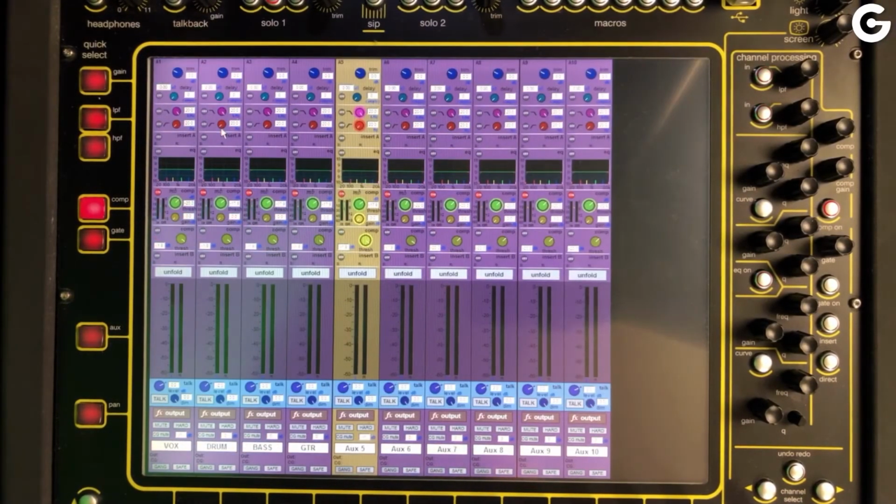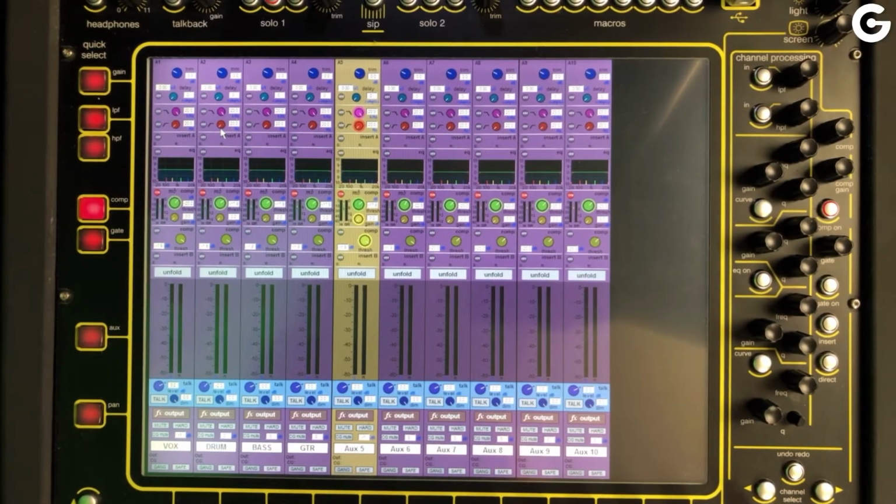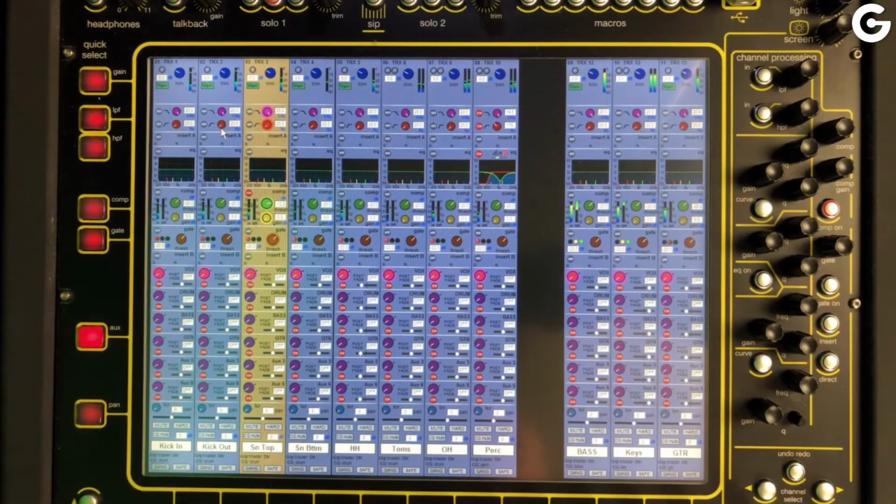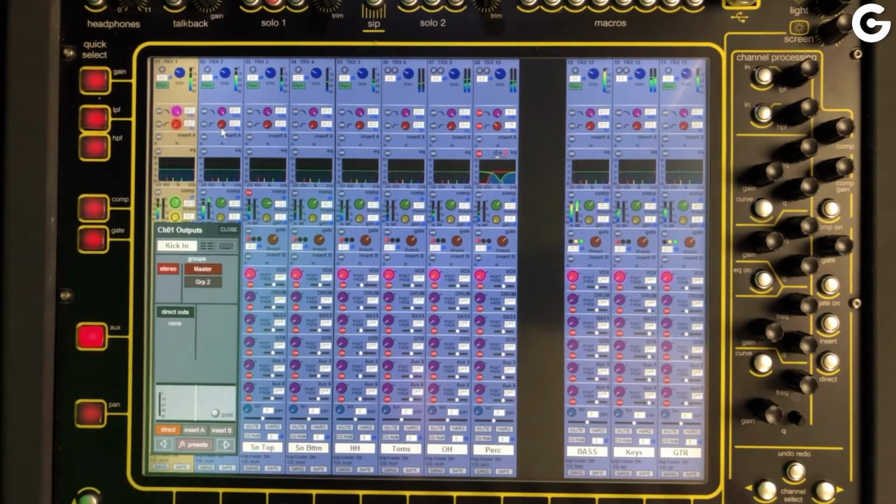And then I created 10 auxes, 10 stereo auxes for my 10 musicians, which I want to make happy with the KLANG mix right now. Okay? All right, so let's take care of the audio routing. We go to my first channel and we want to tap the lower part of the channel strip, and that